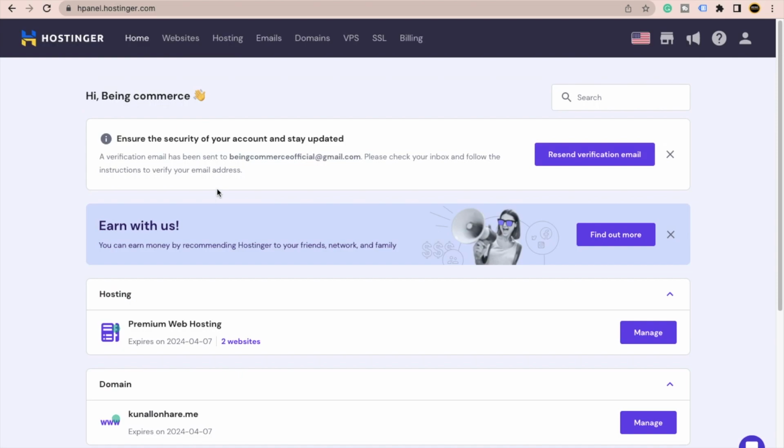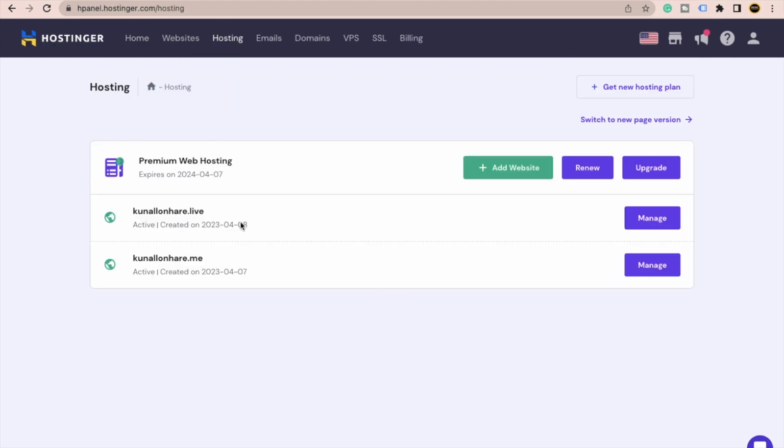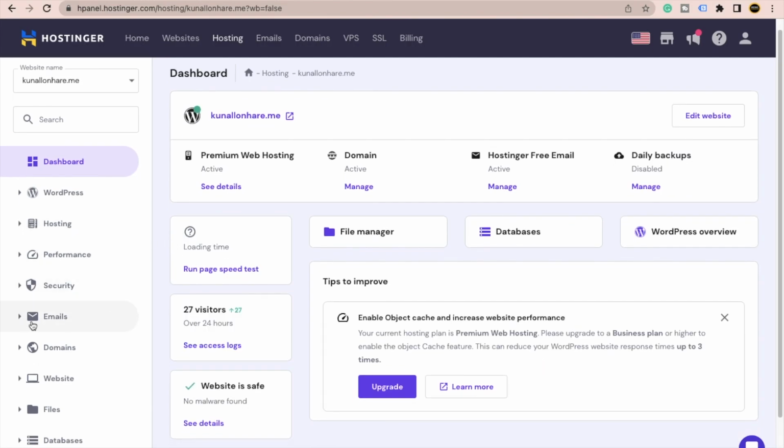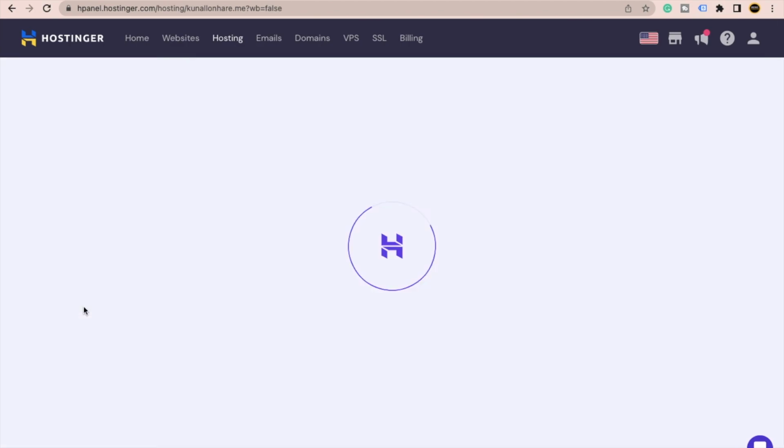From here you will be redirected to the dashboard. Just go to hosting now. On whatever domain you want to install, you can. For example, I want to install the email on this domain, which means I want to create the business email through this domain name. I will click on manage, and then you will see the option of email. Just click on this drop down, click on email account,